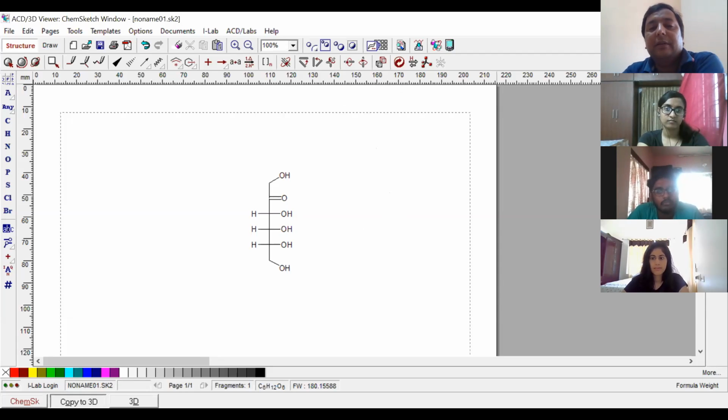Copy to 3D. Here itself you can optimize the structure. So optimizing now, you can say that hydrogens are attached to the carbon to satisfy their valency. That's all. It doesn't think about molecular weight and all.